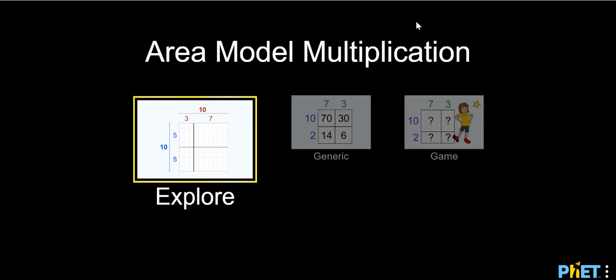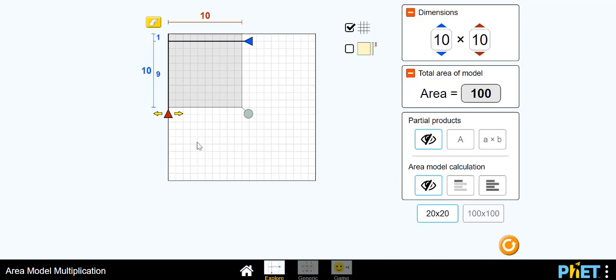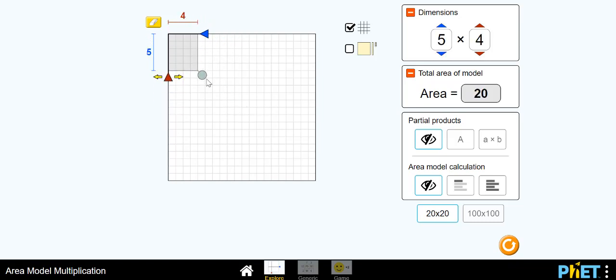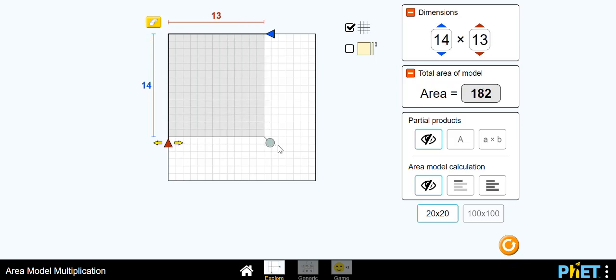So here we are in the home screen of the area model multiplication game, and we're going to start with Explore just to get started. If I click in here, you'll see I have a grid, and I'm able to press this green circle and change how big of an area my gray shape, my rectangle or square, is. And then it tells me my dimensions along the height and the width. So I can change it here. And we're just playing around to explore